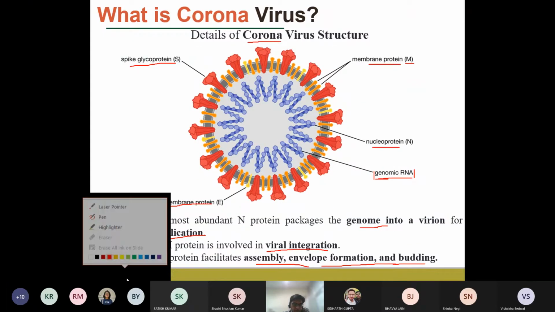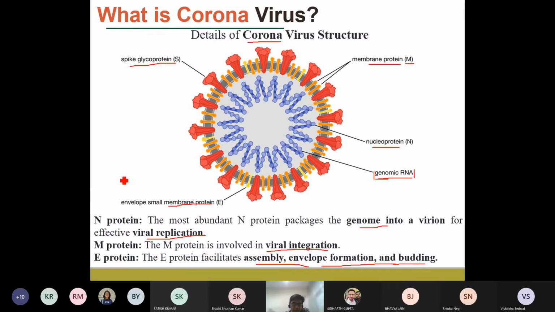So let us start our class today. And before starting our class, let us look into what we have studied in the last class, and then we would like to have a discussion on what you have understood and what not in today's class. So in the last class, we were talking of, for example, what the coronavirus is, what the different parts